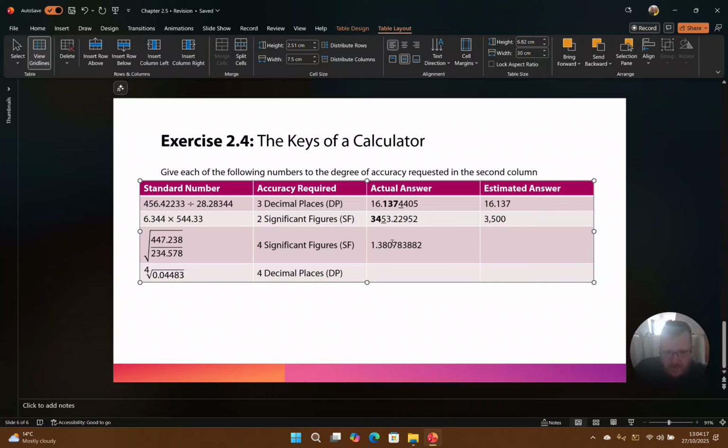And now we want 4 significant figures. Now, the 0 in this case does count as a significant figure because it's one of the 4. And the 7 is the one that needs rounding. So 1.380. That 0 will then become a 1 because 7 is greater than 5 and therefore you'd round it up. And last but not least,